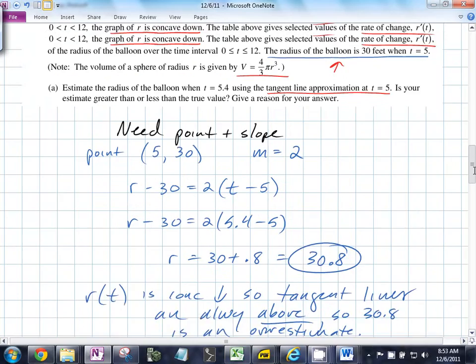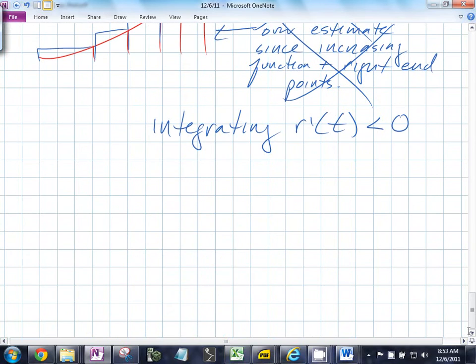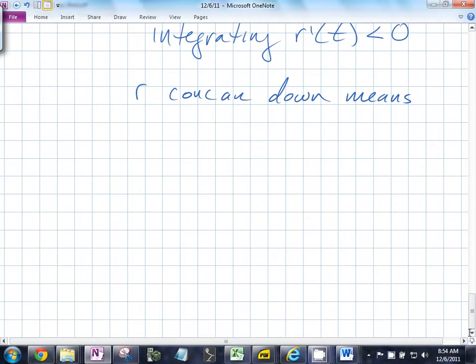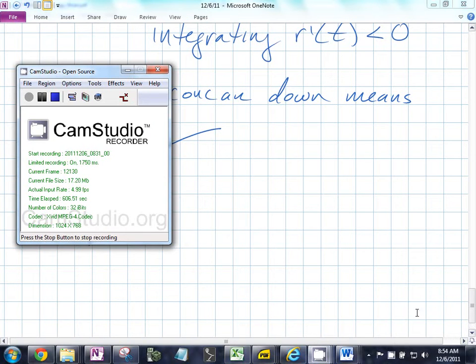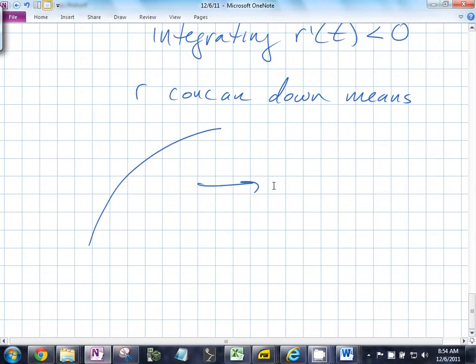R concave down, therefore means what? R prime is decreasing. Not all the time. Are you sure? R concave down, it's increasing like this, right? It's concave down, but R is increasing. But R prime is the slope. R prime on that would be decreasing. So therefore, r prime of t is decreasing. R prime of t is decreasing. So therefore,